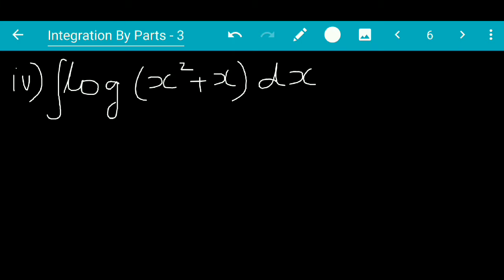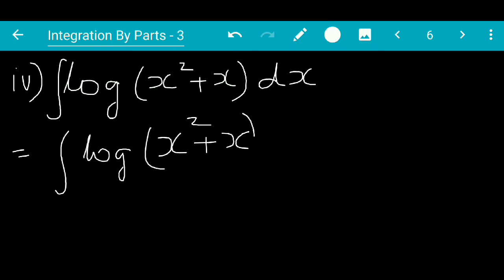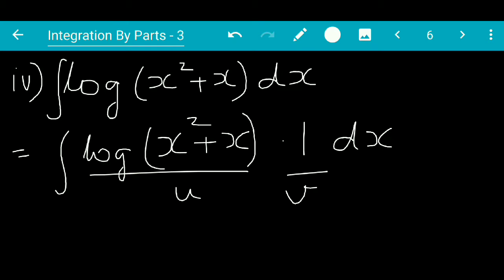If you remember, the second sum we had already done in our previous exercise. So I have not dealt with the second sum, the first, third and now the fourth sum. Now the fourth sum, see carefully how it is done. It is the integral of log (x square plus x) dx. Again, looking at it, we feel there is only one term, but we can integrate it by parts by writing log of (x square plus x) into 1 dx, so that the first term becomes u and the second term becomes v.